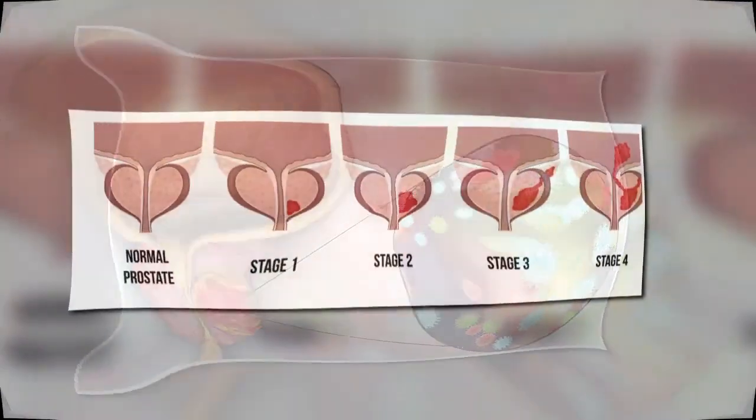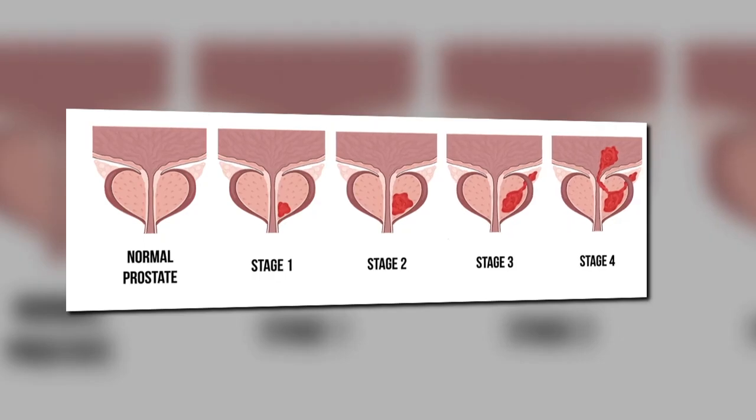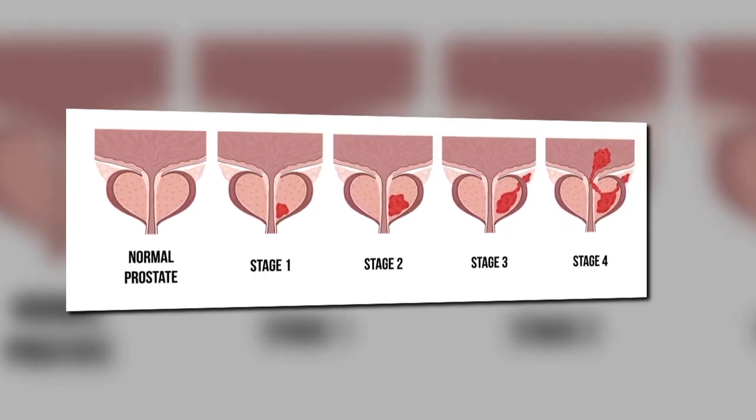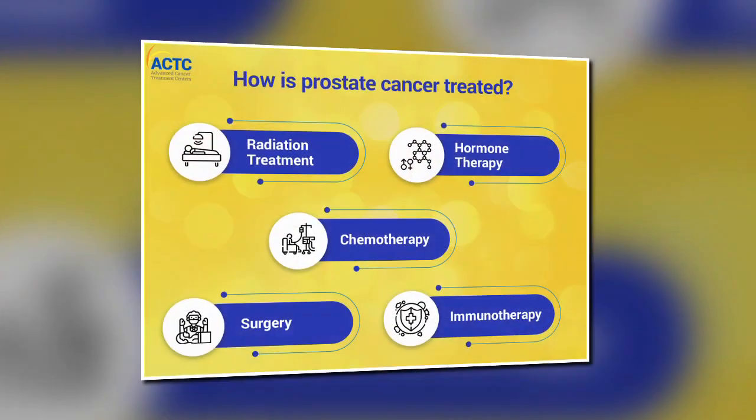Cancer staging is a way in which specialists find out how far a cancer has spread. How is prostate cancer treated? Men with prostate cancer often have a choice of treatment. The main treatments for prostate cancer are active surveillance,